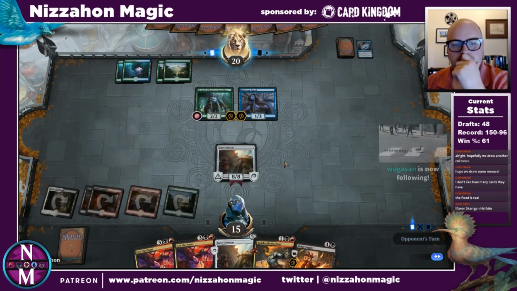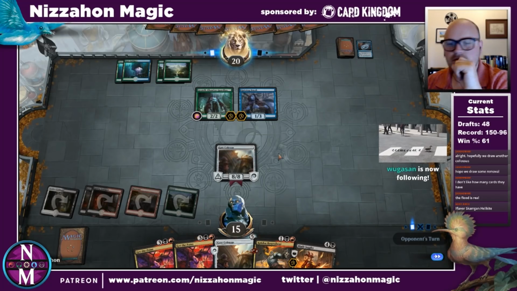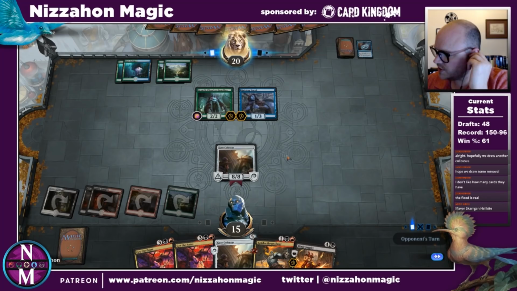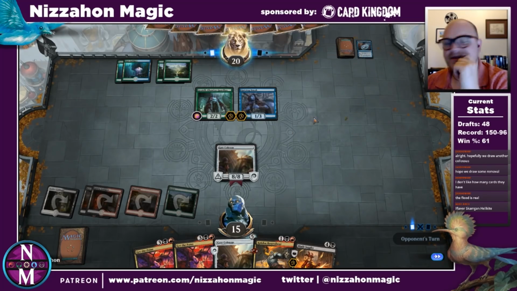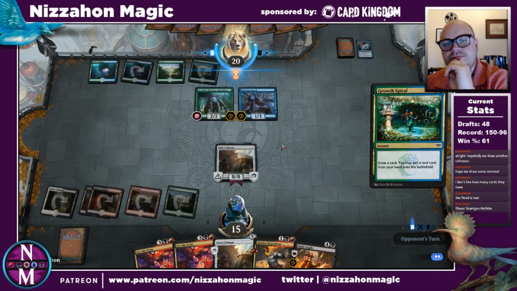Thanks for the follow, Wuga-san. Why is Skargan Hellkite flavorable, Agent Ulrich? I don't think I get it. I'm missing something. Right, I like that. Generally. It means...